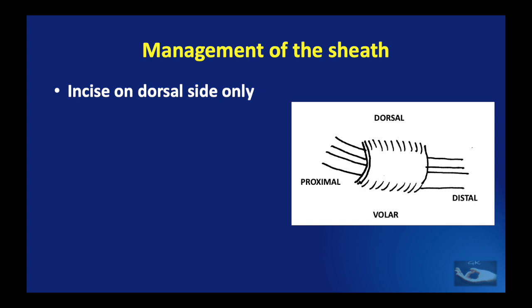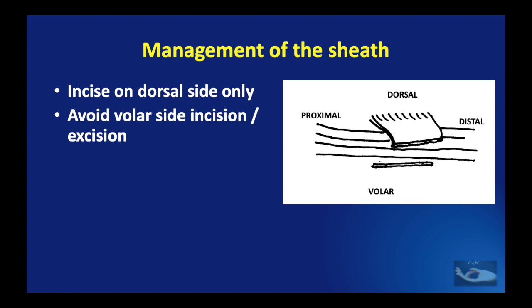Before we make the incision to release the retinaculum, let us see some of the important points. First is, we need to incise on the dorsal side only. This is because if we make an incision on the volar side and release it, when there is a flexion of the wrist and active movements of the thumb, the tendons will tend to gutter out and bowstring. This will lead not only to pain but also decreased efficiency of the movements.